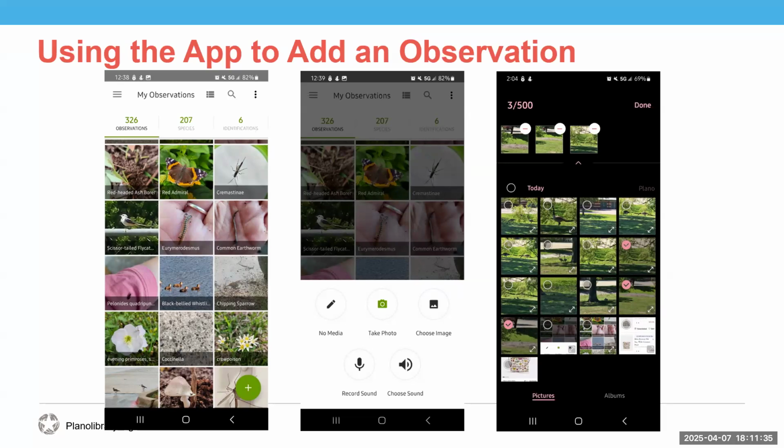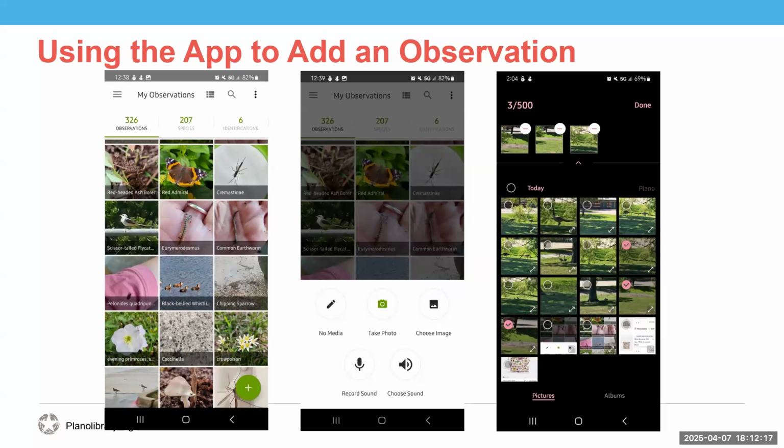So you're going to start with the main page of the app, and it's titled My Observations. So you can see my observations right there. I have some birds, some flowers, some insects, and a millipede and a worm. There's a lot. At the top, it will show you the number of observations you have made and the number of species you have seen. Those typically won't match if you have submitted an observation of the same species more than once. And you can submit as many observations of a species as you would like. It's still beneficial to science.